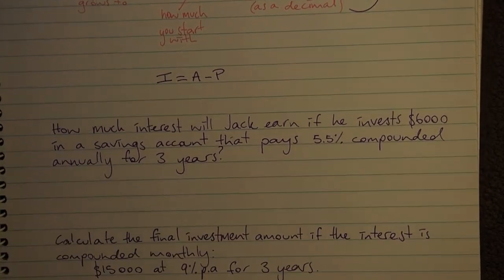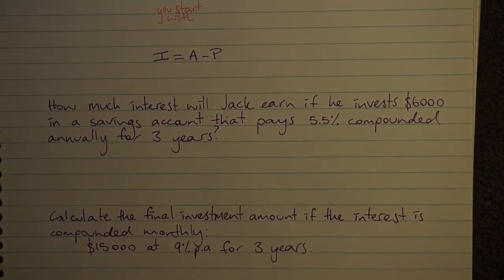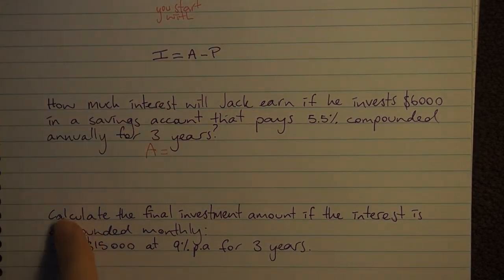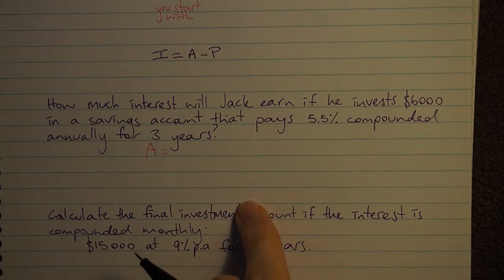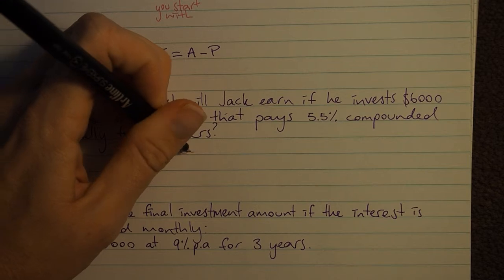Okay, so let's have a look at some examples. I'll start off with a basic example. How much interest will Jack earn if he invests $6,000 in a savings account that pays 5.5% interest compounded annually for 3 years? It's just a matter of inputting our information into our formula. So our formula is going to be A for the amount that it grows to. Our principal, the amount that we start with, is $6,000. That's the amount invested. So 6,000